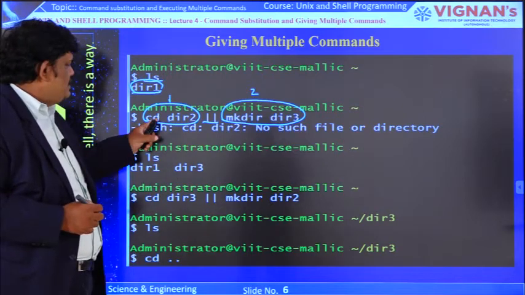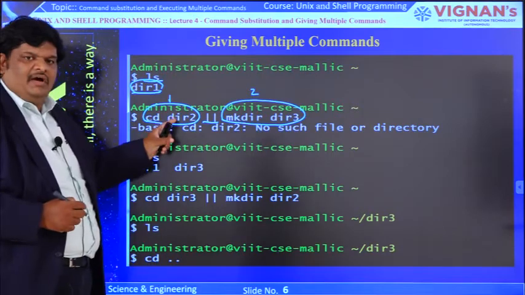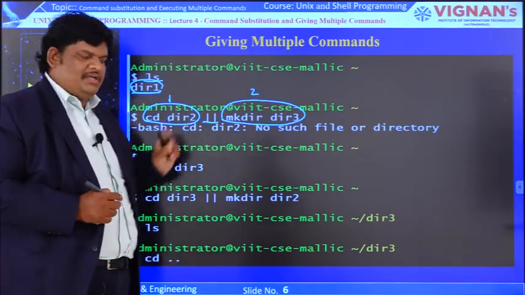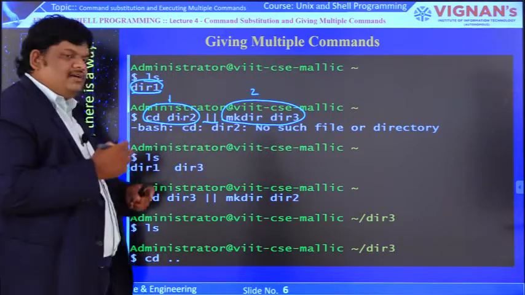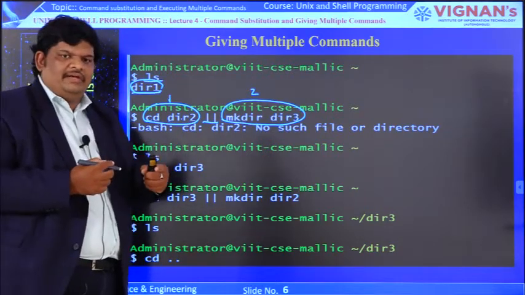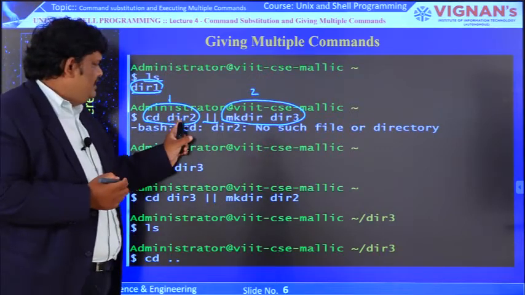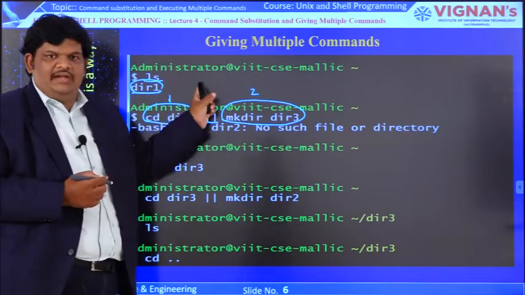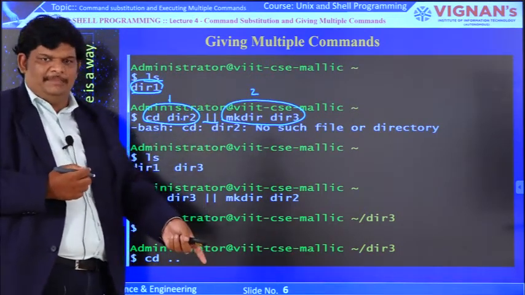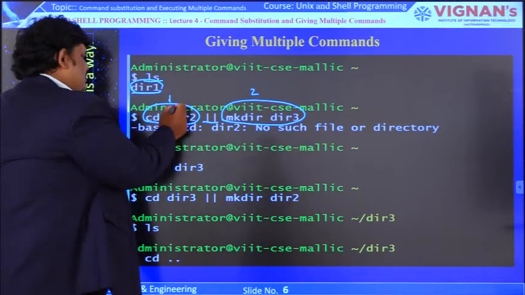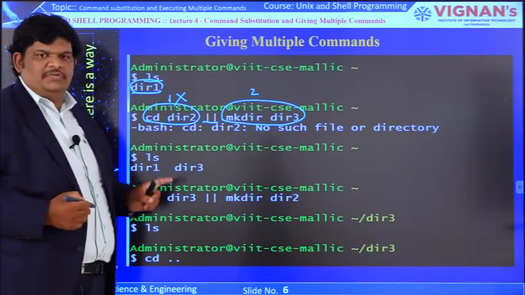We know what the output of this command is, whether it will execute successfully or not. Here cd space dir2 means we are trying to enter a directory which does not exist. With the name dir2 there is no such directory in our current one, but we are trying to enter that subdirectory. That means this command execution fails.